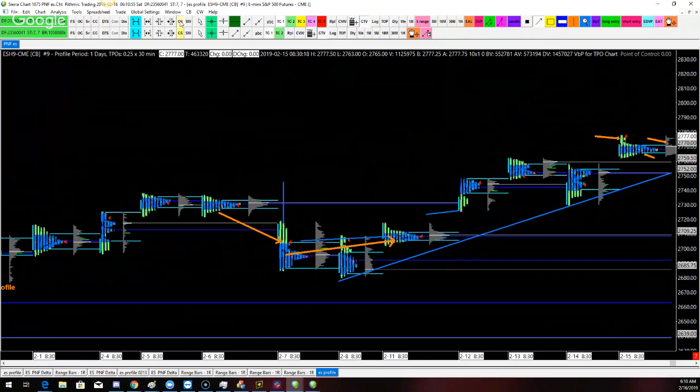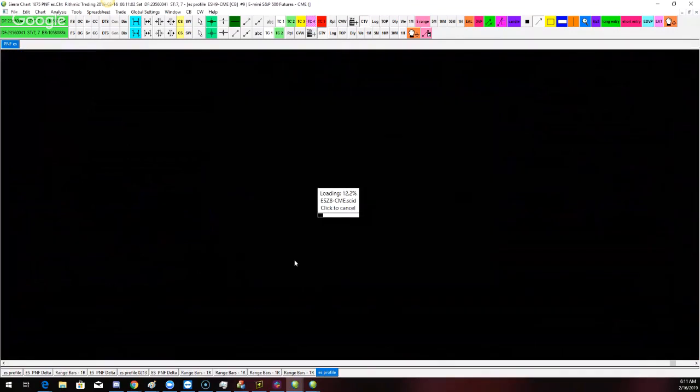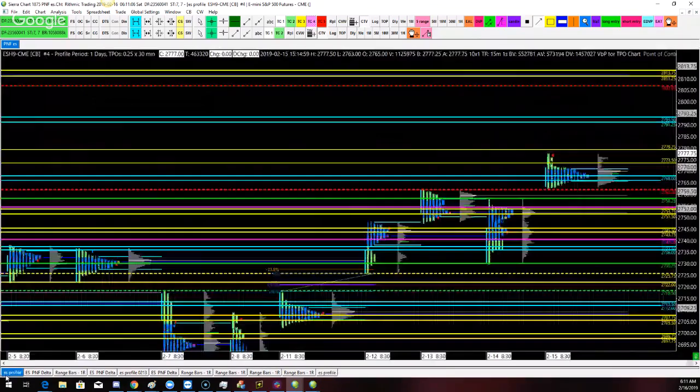I'm going to try something here real quick, see if I can load a few more days in without delaying the computer massively. And while it does that, I want to show you what my chart ends up looking like, because within that picture, right? So what I do on a